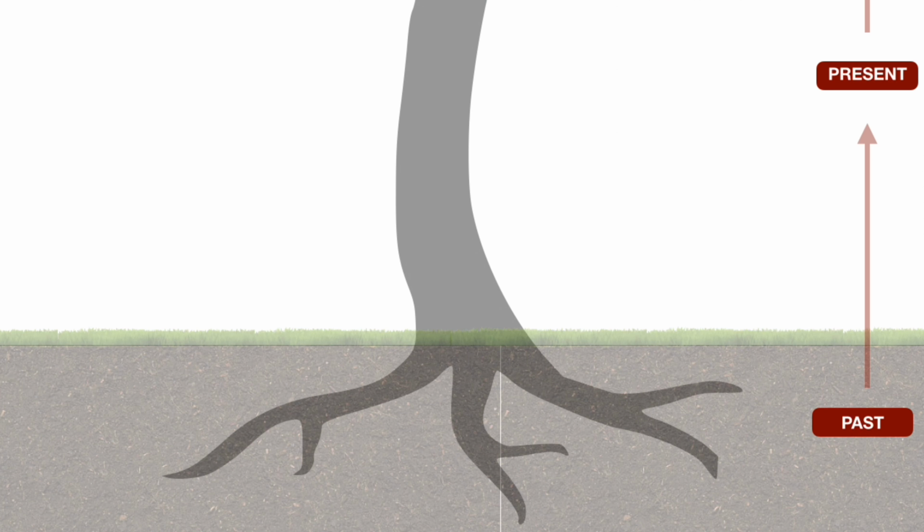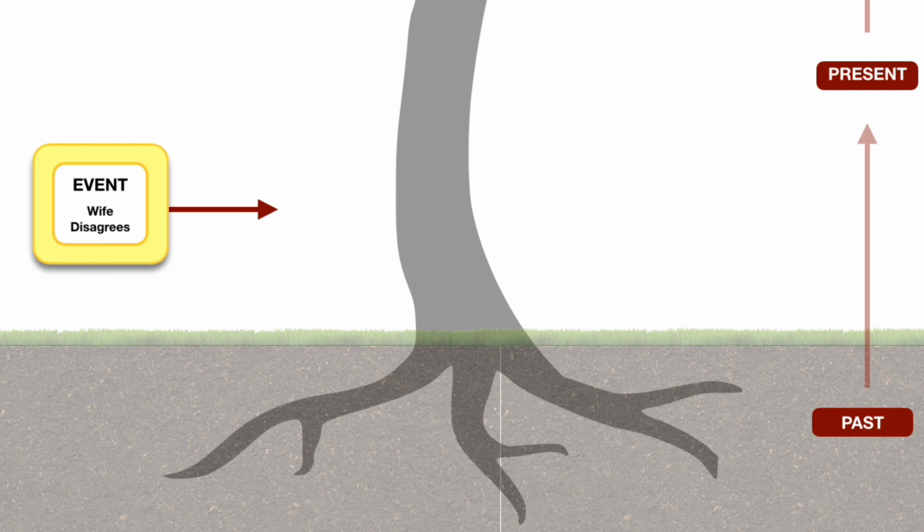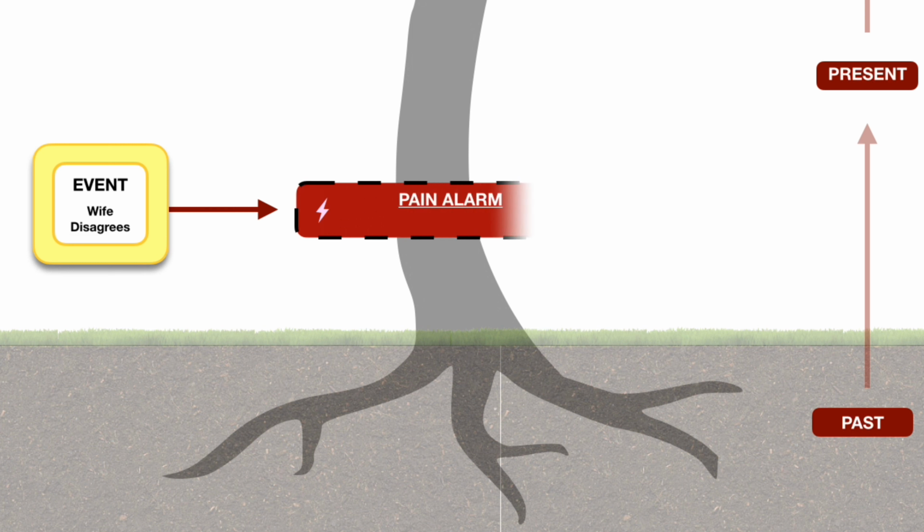But what about when the pain alarm is alerting us to unmet needs from the past, like in the case of living memories? Well, here's an example of how living memories can be repaired naturally in everyday life thanks to the emotion process. Let's return to Julian, who was often criticised by his father. One day, Julian is talking politics when his wife Sarah disagrees with something he says. This innocent present-day event triggers his pain alarm.